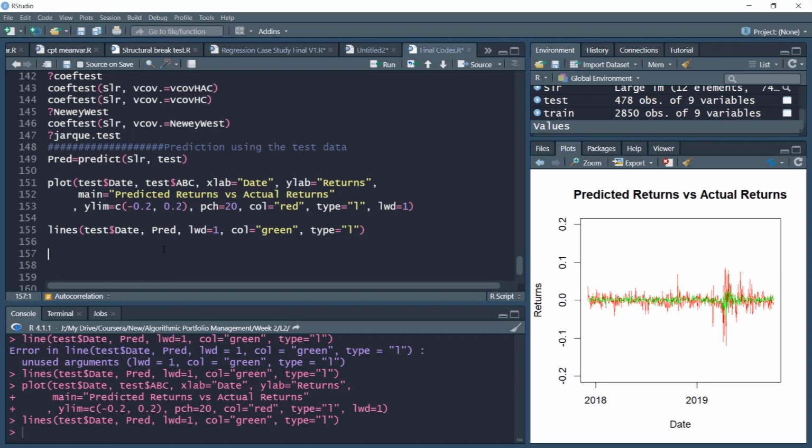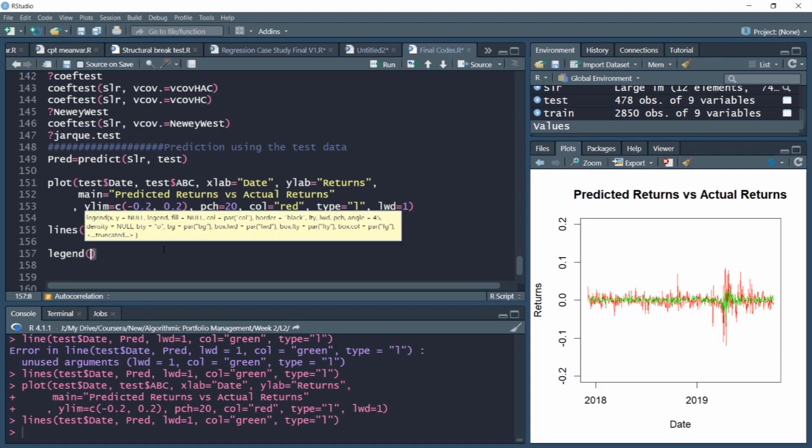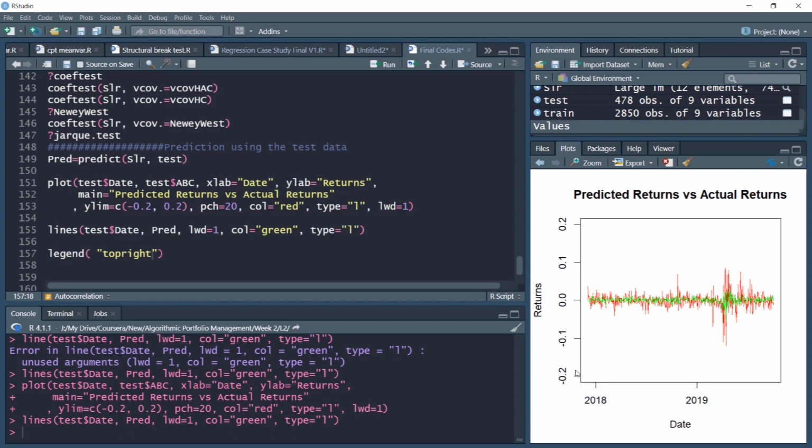Now to make it more aesthetically clear, I'll also add the legend here. Let's put the legend on the top right. I see a lot of empty space, so I'll put the legend on the top right. And notice, you can see that in our window, minus 0.2 to plus 0.2, a sufficient amount of gap is there.